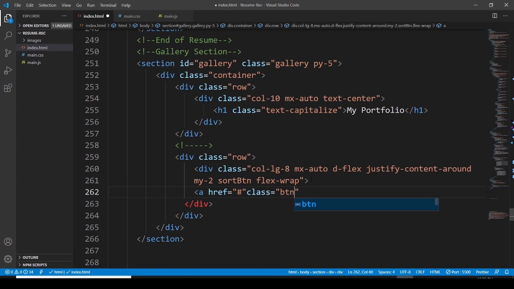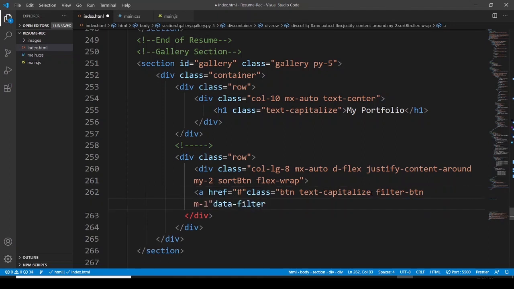The class is going to be BTN, and then this BTN is going to have a text capitalize. Let me check the spelling of capitalize. Text capitalize here. And we have to go with the filter button, margin 1, and then let's use the data filter, which is going to be all here. Okay,